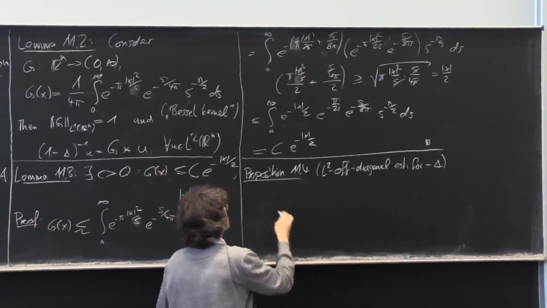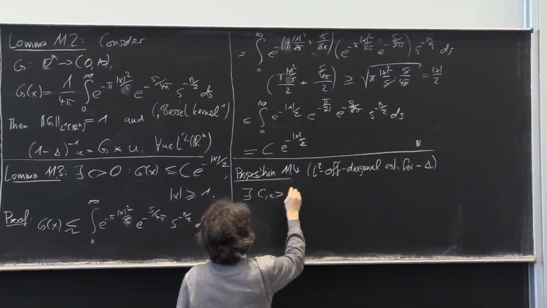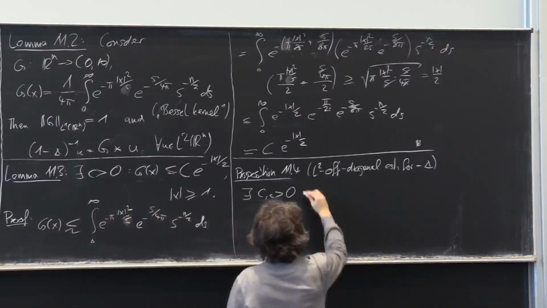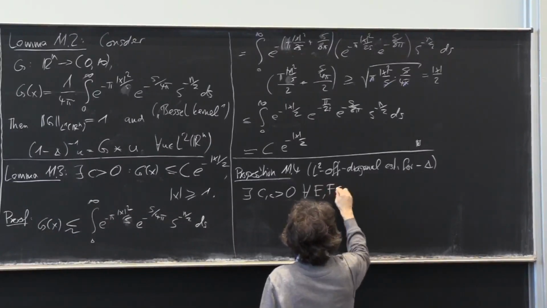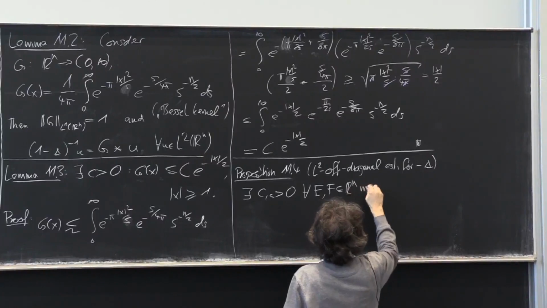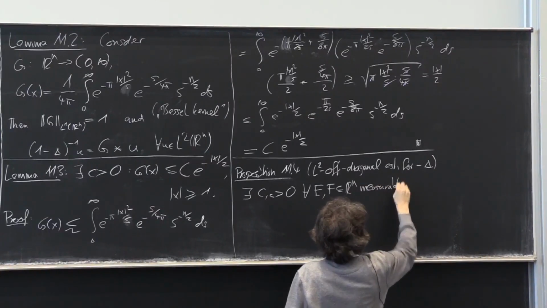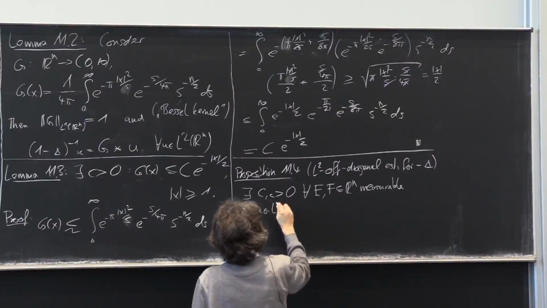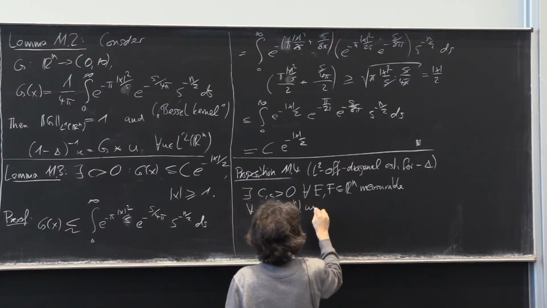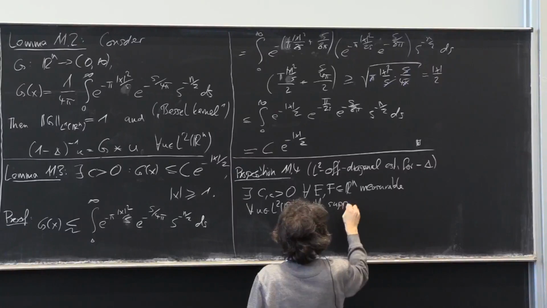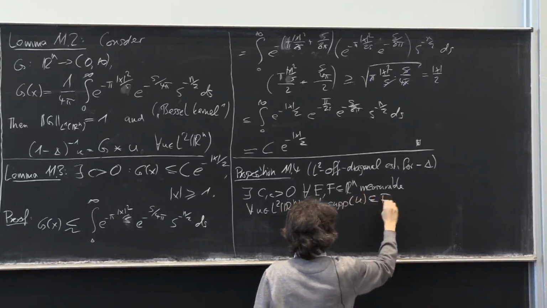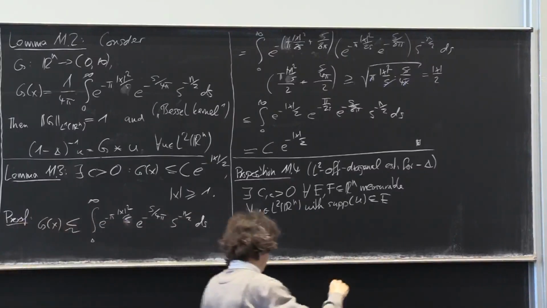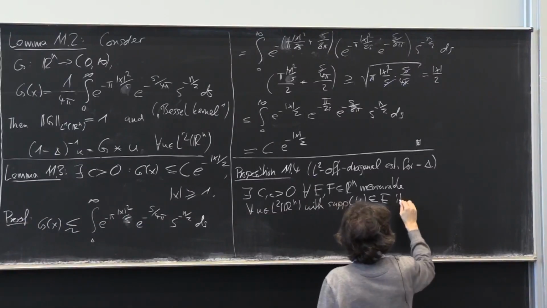This is proposition 11.4. The claim is there are constants, capital C and small c, strictly positive, such that for every choice of measurable subsets E and F in Rn, and for every u in L2 of Rn that has support inside E, the situation I described earlier, it holds